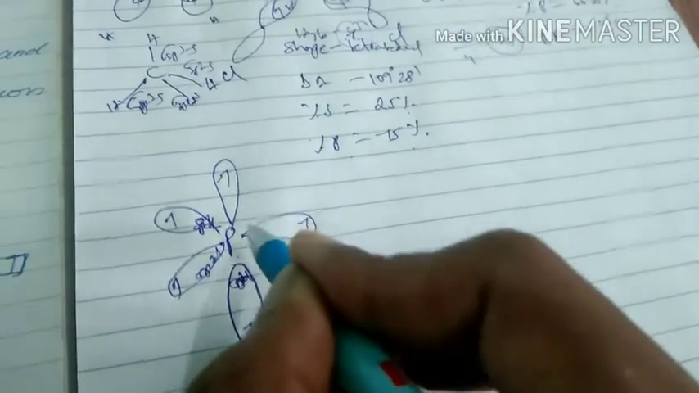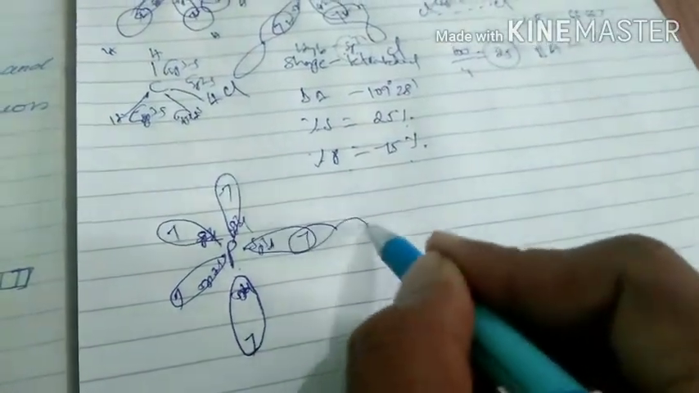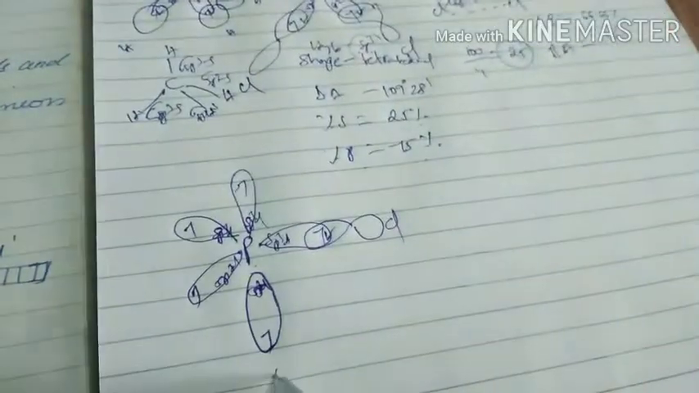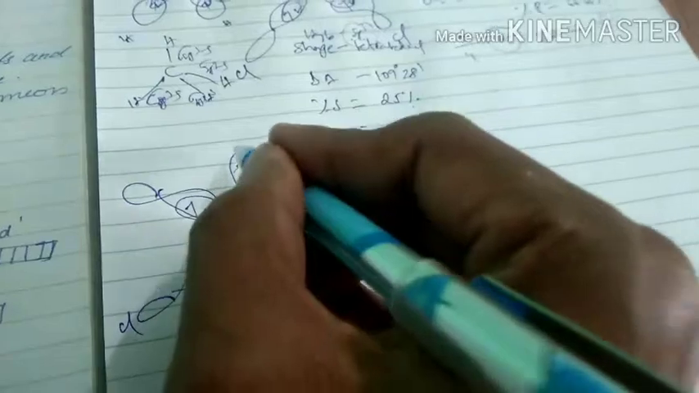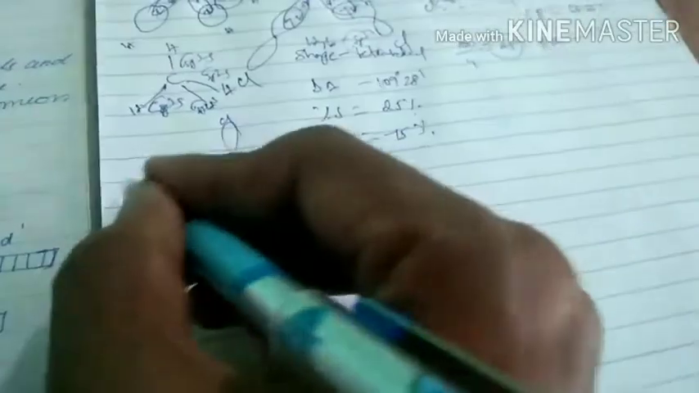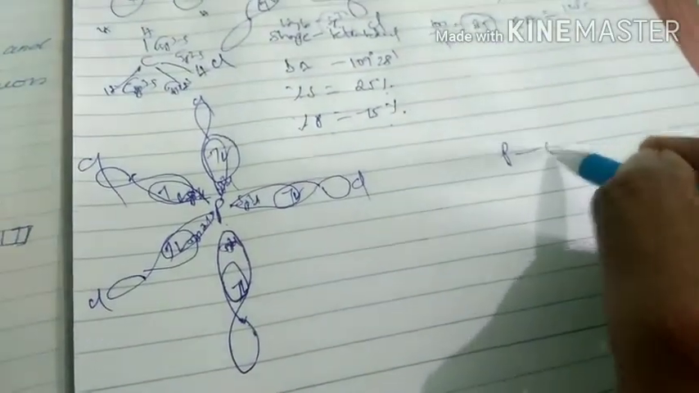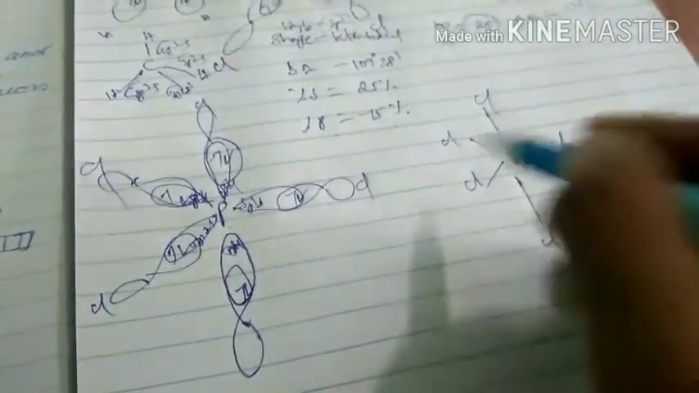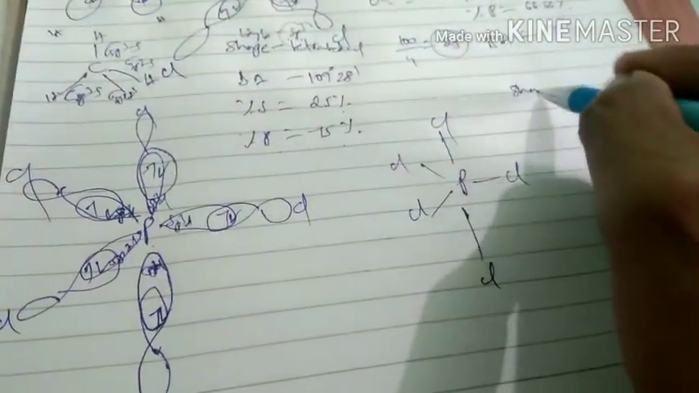Now these orbitals overlap with what? The p orbitals of the chlorine atom. That means the chlorine atom has one unpaired electron which is present in a p orbital. Now they undergo overlapping. They undergo overlapping like this. Then finally we get this type of structure. Here, this structure is called what? Its shape is